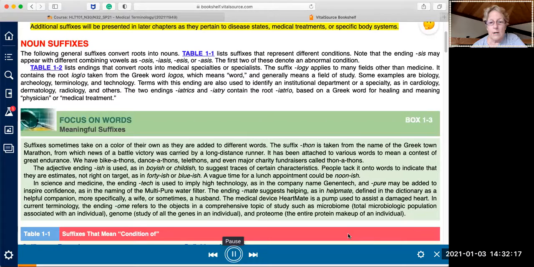I've tried to make sure that the end of the chapter quizzes will focus on most of the prefixes, the suffixes, and all of your root words. But you do need to look at those other terms in the chapter too. So, like I said, let me share my screen with you to the textbook. And when I do that, we're going to go and look at,